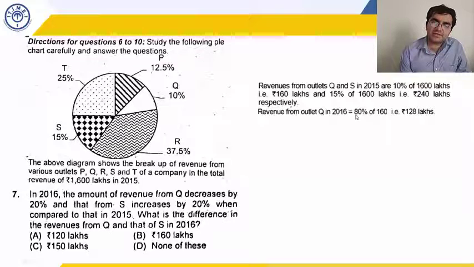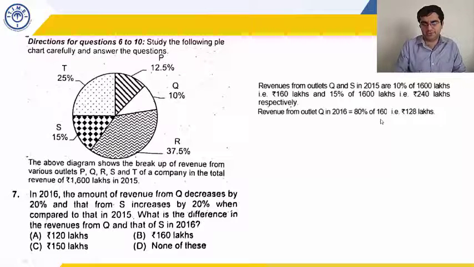This is easier. This is faster than using 80%, because with 80% you write 80 over 100, then it becomes 4 by 5, then you cancel it out by 5 and you get a 32 over here, then 32 into 4 gives you 128. Too many steps, almost 3-4 steps. Whereas over here you calculate 20%, which is 32, and subtract from 160. Write this down also. It's all about simplifying your calculations.